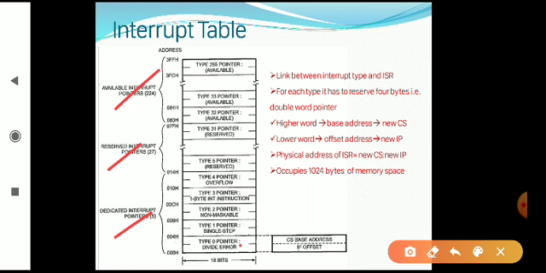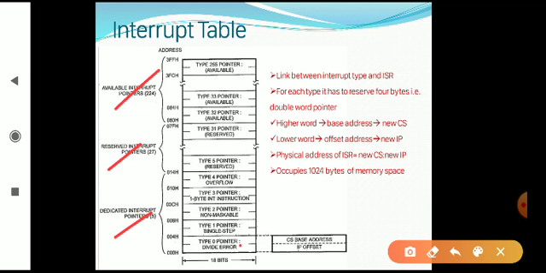The next part is how the processor will obtain the interrupt vector location. In general, to find the interrupt vector location, you just multiply the interrupt number by 4, and calculate its hexadecimal value.